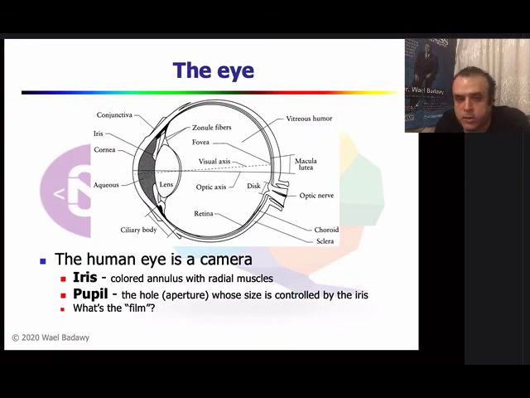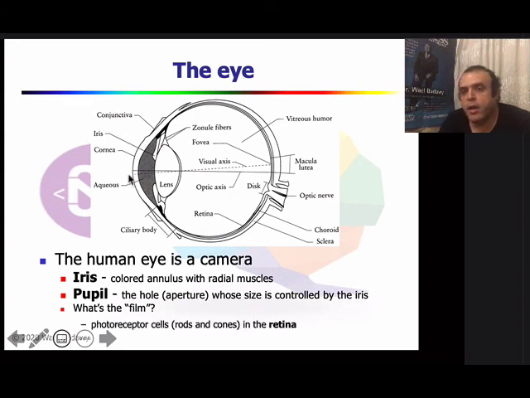which basically talks about the eye. So the human eye is like a camera. We have the iris, we have the pupil, which is the aperture, and the iris is colored with radial muscles, and this iris will control the light. The pupil will show how large the opening of the hole is,